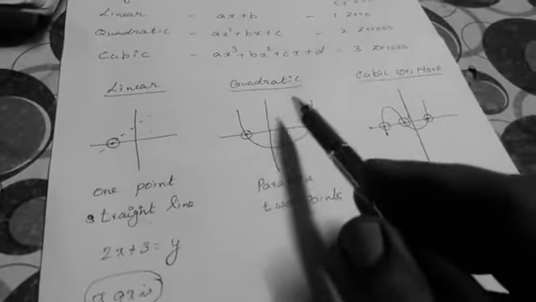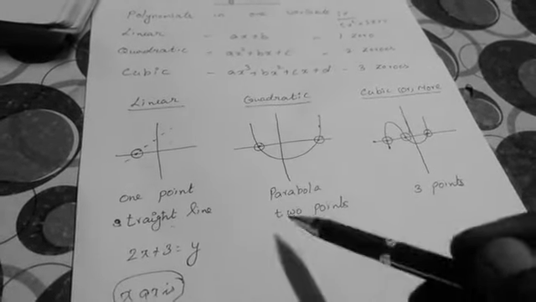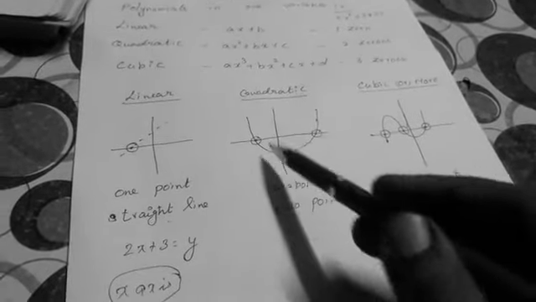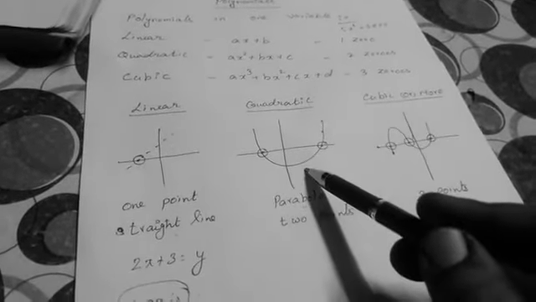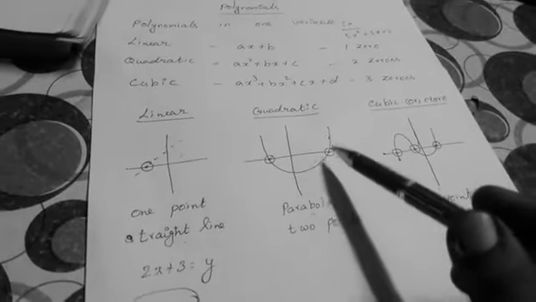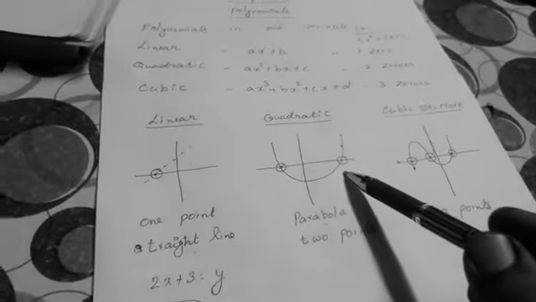Next, if we take a quadratic, if you find some points for a quadratic and then draw the graph, it will come like this, like a U, which is known as a parabola. Obviously, in most of the questions, the parabola will intersect the x-axis at 2 points. So the quadratic has two zeros, already we know that. So it will intersect the x-axis also at 2 points.